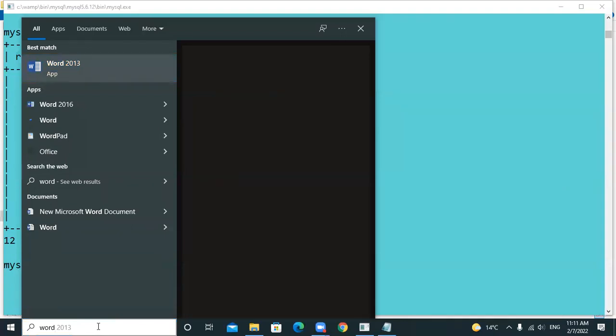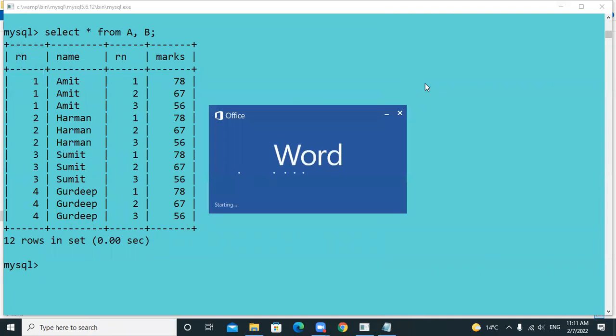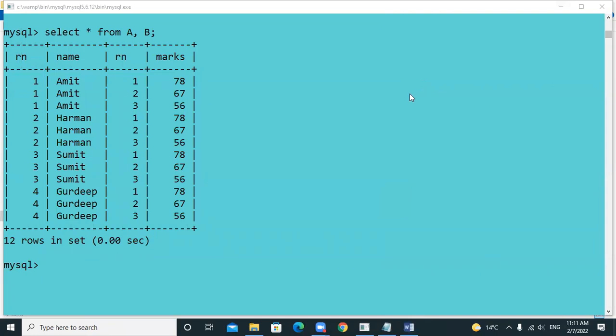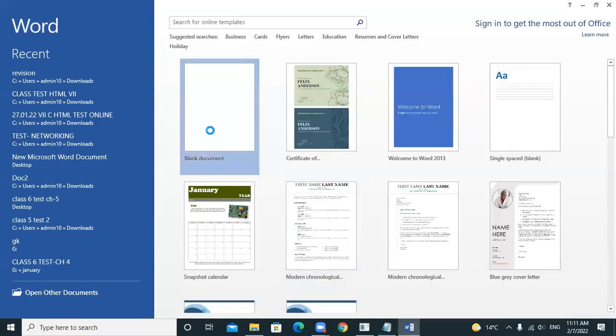So this is a Cartesian product. It gives us the multiply of two tables. So if we are including more than one table, it will give us Cartesian product. Now next is